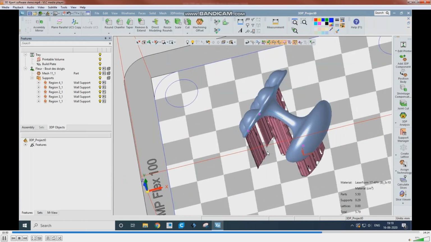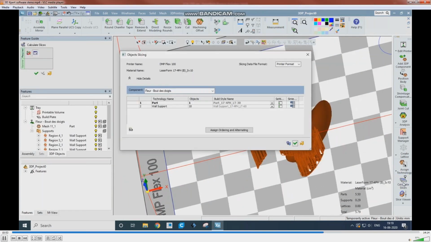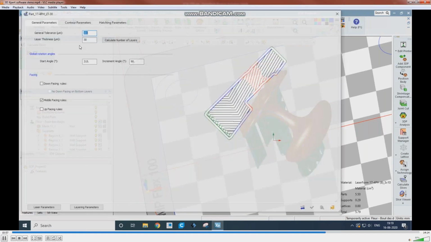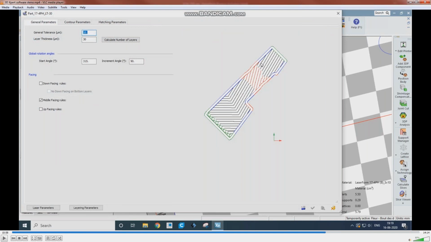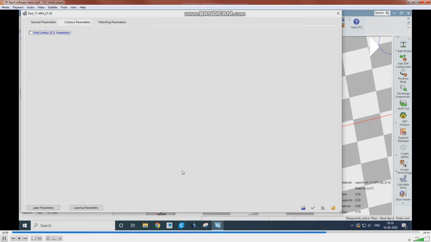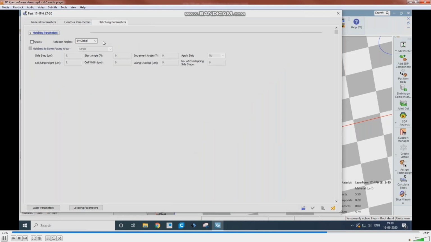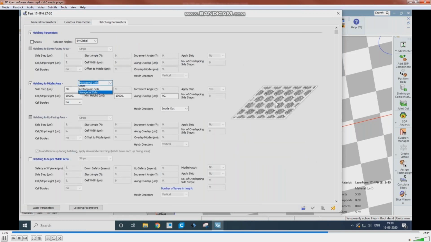Okay. Now supports are finished, and then we can go for the calculate slices. In the calculate slices, you can change the parameters like in this scan patterns and then inside hatching parameters. Now here you can change to the inside hatching, hexagonal or rectangular.